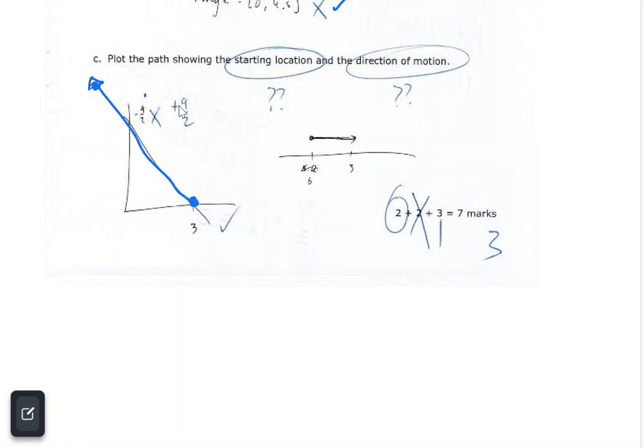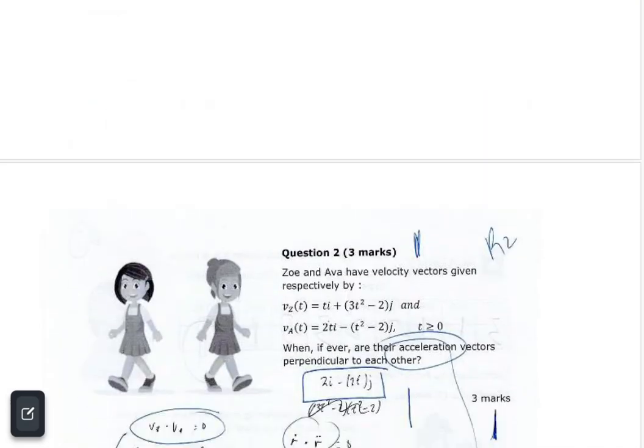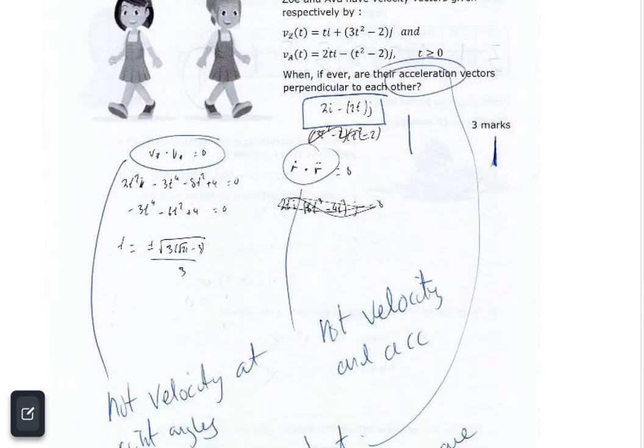You've got that y-intercept can't be negative 9 on 2, it's got to be positive 9 on 2. But you got your starting point here correct, except you drew the line a little bit too far. Over the page,